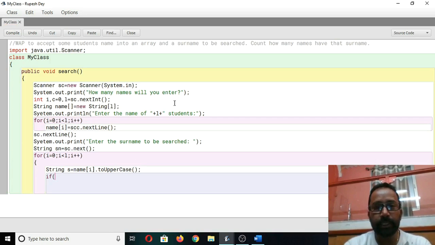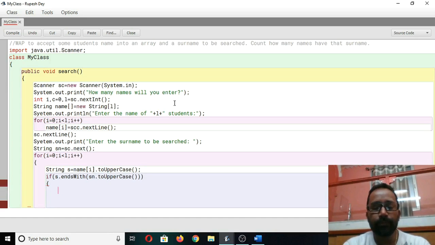Then we will check this s value endsWith, remember this function was there in the String class which checks whether the invoking object string ends with the parameter string or not. Now the parameter string will be sn which the user has entered here as a search key. So sn.toUpperCase. So we are converting the surname also in uppercase to check each and every element's value, means the name of a student, ends with this surname or not, regardless of the case.